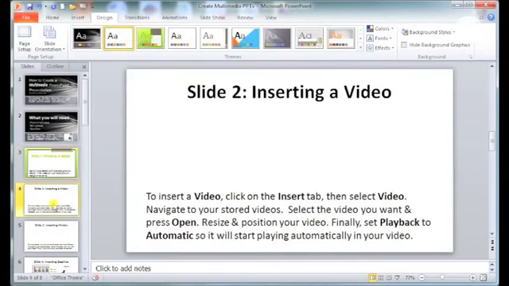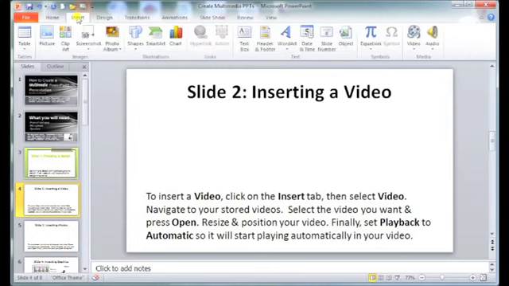Let's move on to slide 2, demonstrating inserting a video. To insert a video, you need to click on the Insert tab. Way up here in the top left is the Insert tab. And this, you're going to use this over and over and over for all your multimedia needs. So you can insert way over here on the far right is Insert Video. And click on this little arrow and it gives you the choice to get a video from a file on your computer or a video from a website. We're going to go video from file,